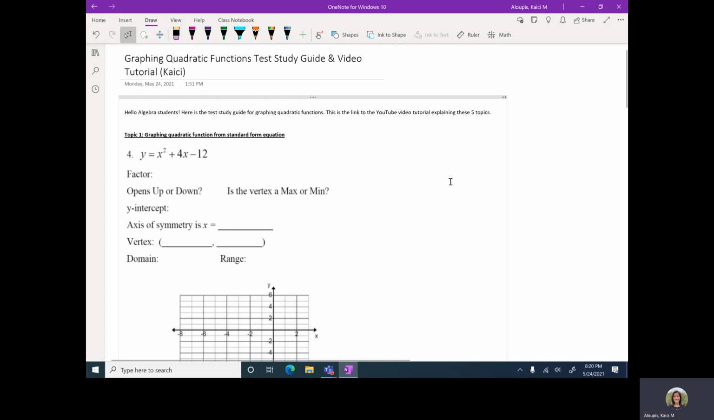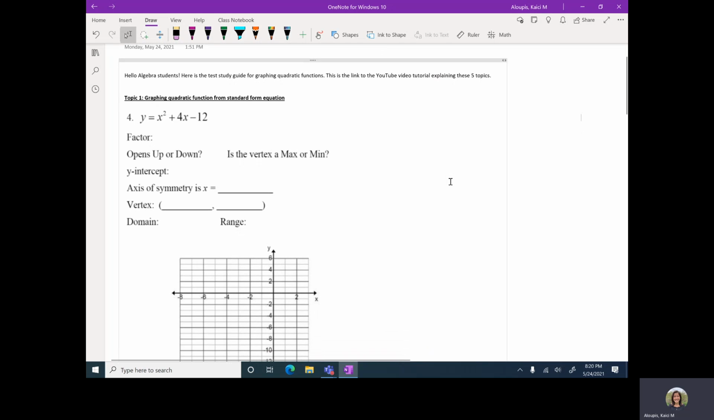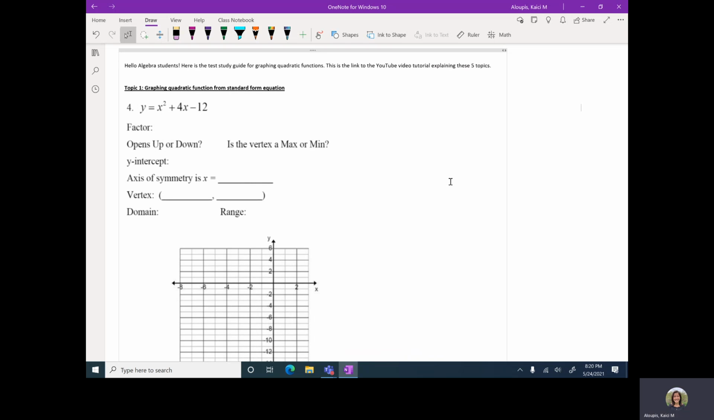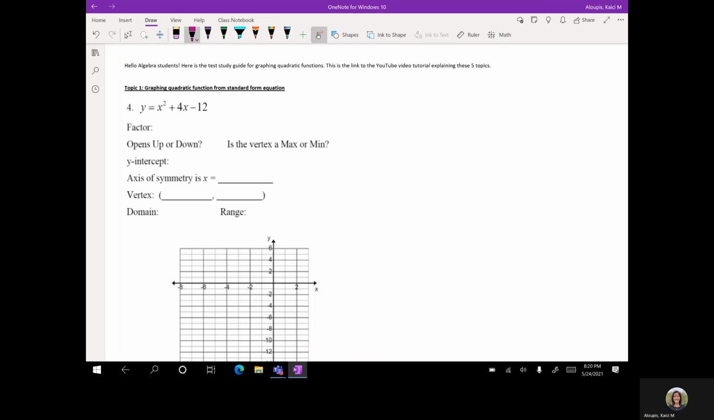So here's the test study guide. Our topic 1 is graphing quadratic functions from standard form. We know this is standard form because we have all of our variables already multiplied out. We have an a, b, and c term. Remembering that standard form